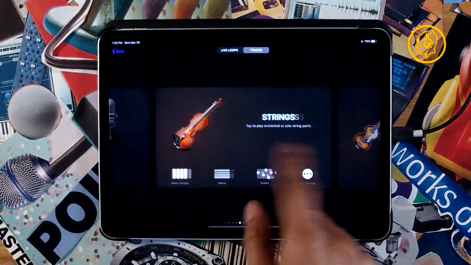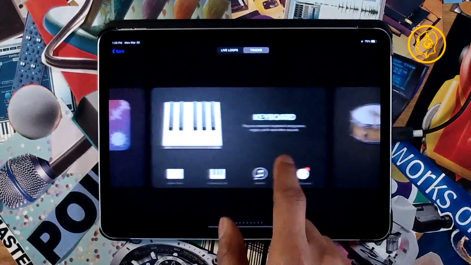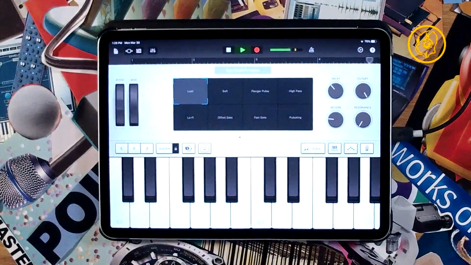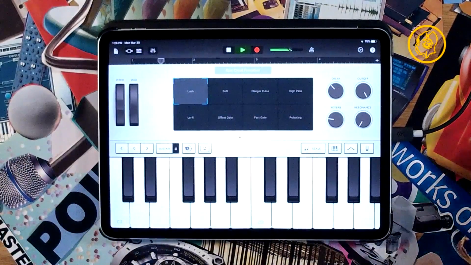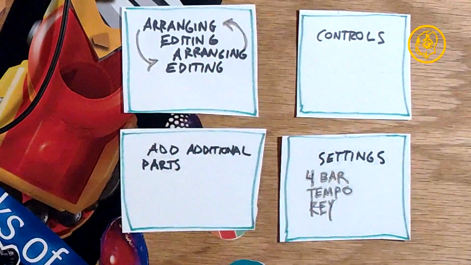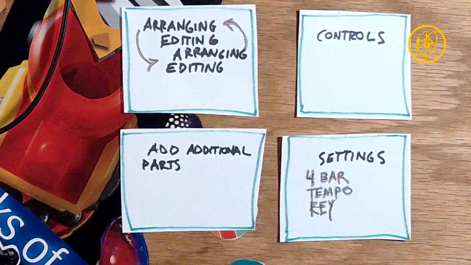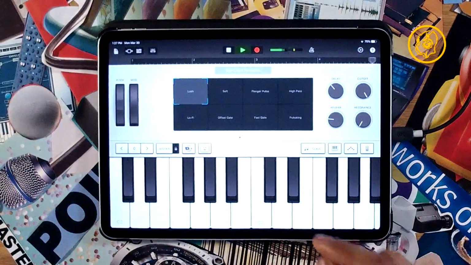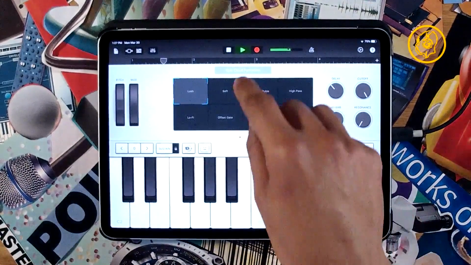Let's find some more synths. And then we'll get to one of my favorite things, arranging. Because that's how we work our tracks. Let's find a good sound.